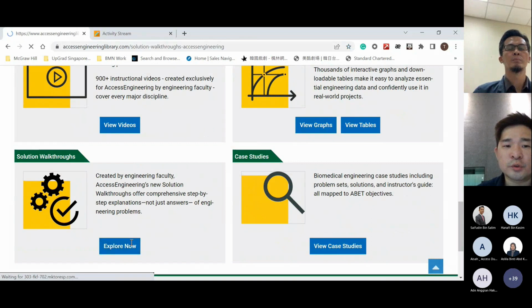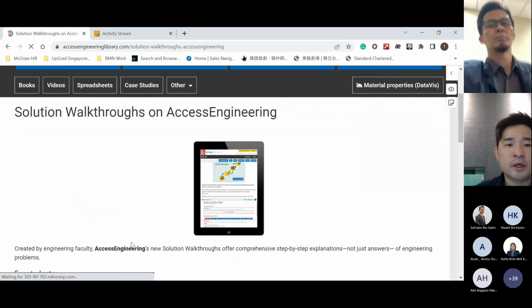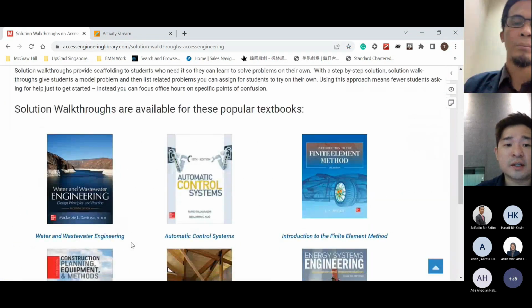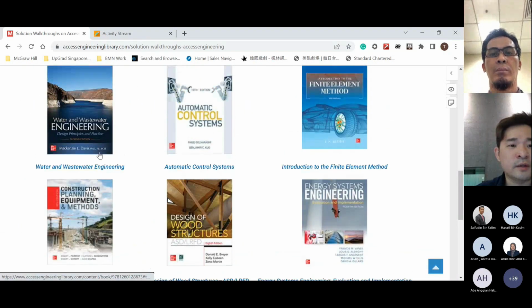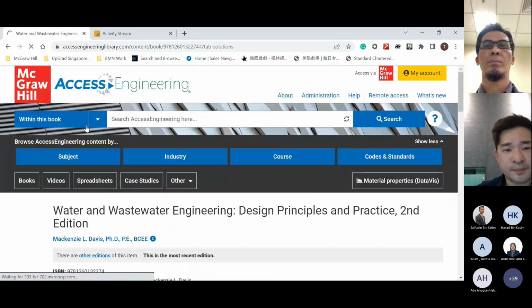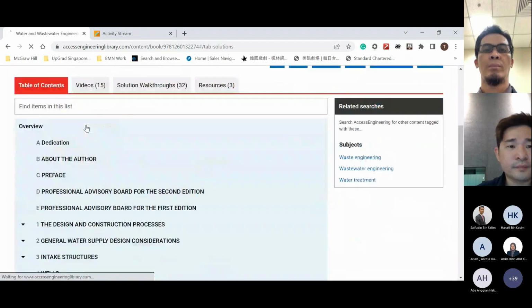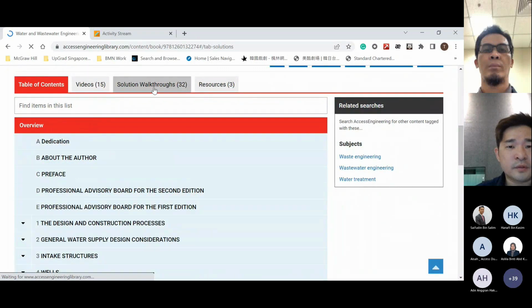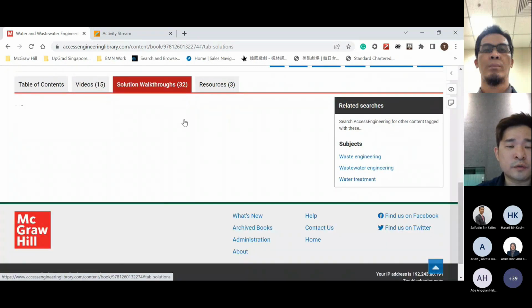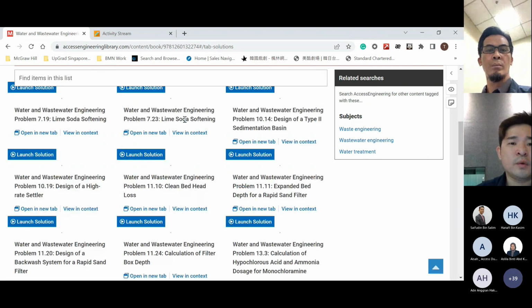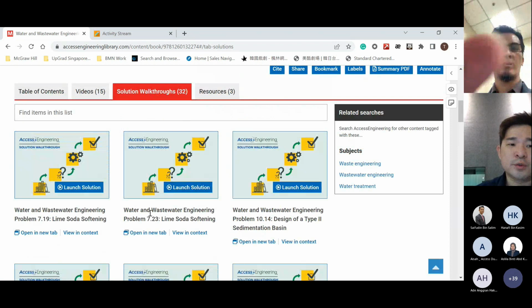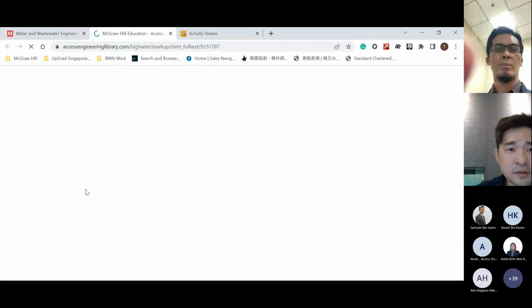So solution walkthrough is also another tool to do discussion in class. In the sense that for any specific core book you're looking at, for example water and waste management engineering as per se, click to solution walkthrough. There are 32 solution walkthroughs for this specific book. You walk through step by step on what you are required to do as a solution itself. So you can launch it. So this is,